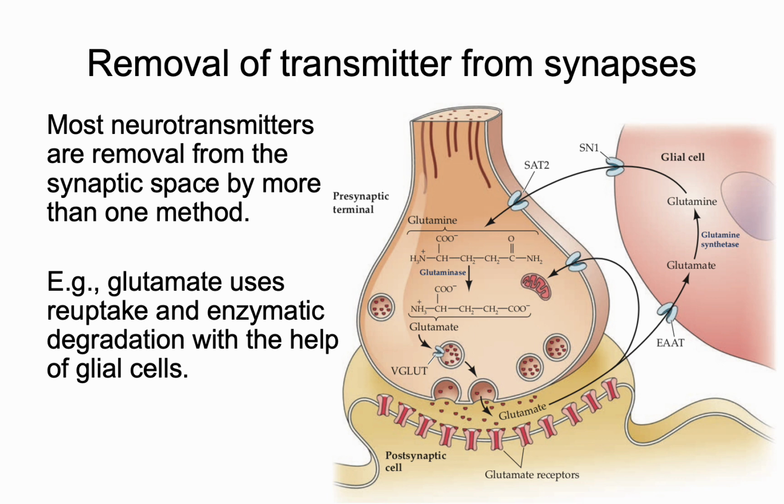Inside the glial cell, it'll undergo a chemical modification. Glutamine synthetase can chemically change glutamate to glutamine, and glutamine will be transported out of the glial cell by the SN1 transporter, and this stands for